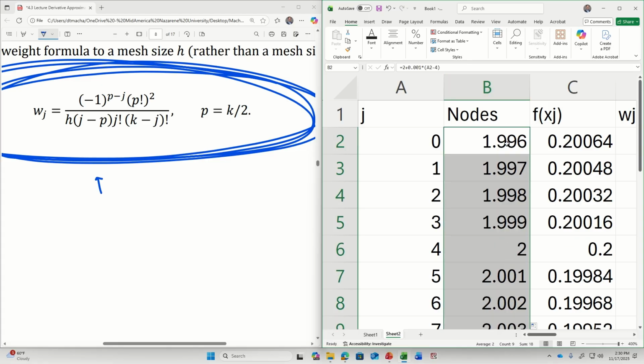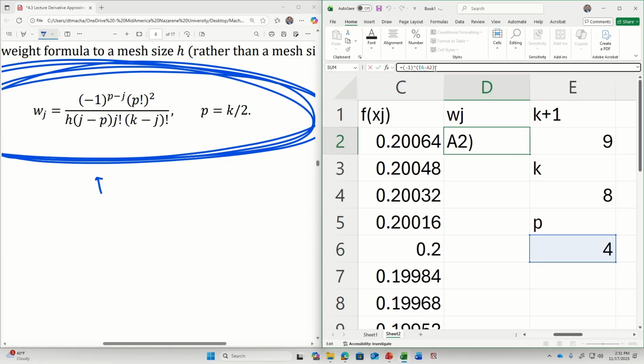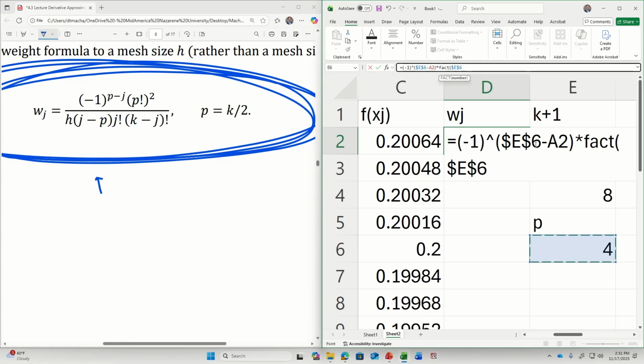Okay, now I've got the right nodes. I've got the right j's to use in my weight rule. I need to lock this E6 into place, so I'm going to hit F4 so that doesn't move, times p factorial. So in Excel you type in fact for factorial, and then you square that, divide by h, so I'm dividing by 0.001, divide by j minus p, so that's A2 minus E6,